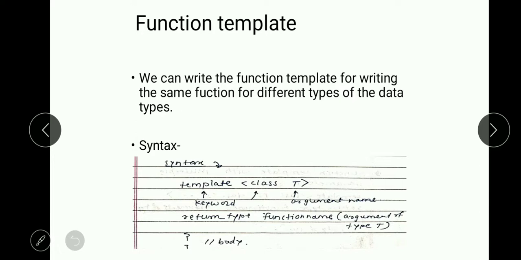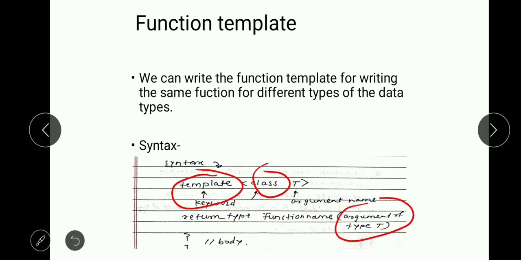So here is the syntax for that particular template. Here the template keyword is used, again the class keyword, and this is the particular variable name t which is used inside the template. This variable name t is used inside the program where we want to write that particular data type.